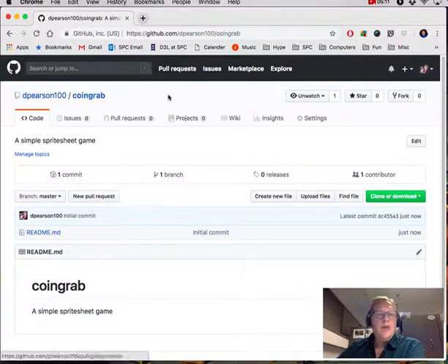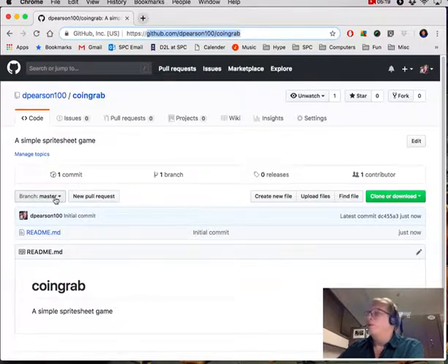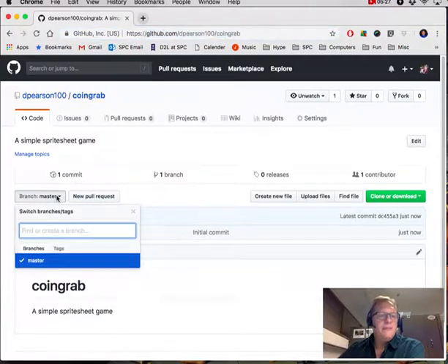And the URL, notice the URL, github.com/username/project name. That's where I'm at. I'm on the master branch that we have right here. I need to create a GitHub pages for this. So next to where it says branch master, I'm going to click there and create a new branch, and it has to be called